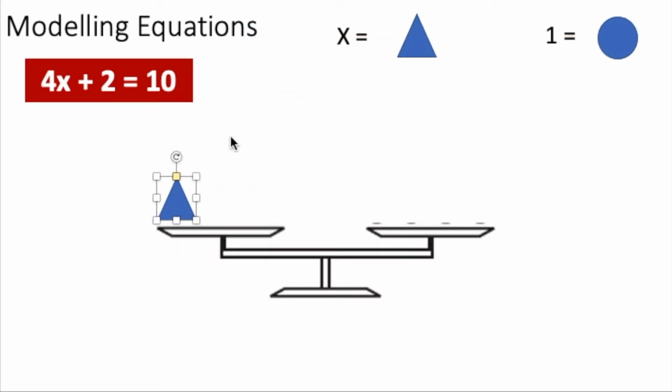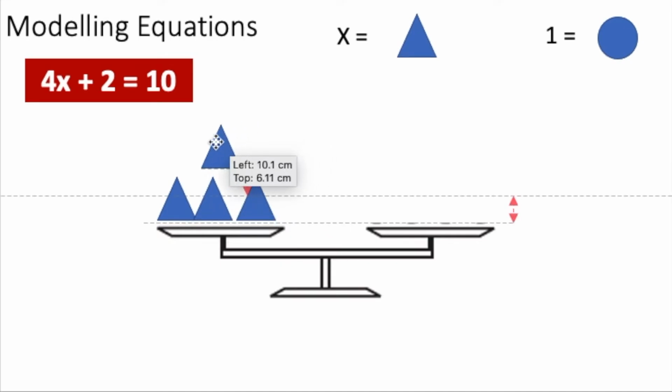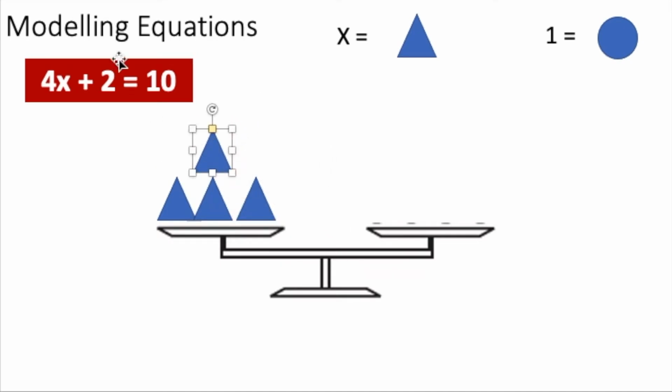And what it shows at the top is x is equal to the triangles. So I need 4 of those. So 1, 2, 3, and 4. Okay, so now I have 4 of those. And then there's also 2 on this side. So I'm going to take the 2,